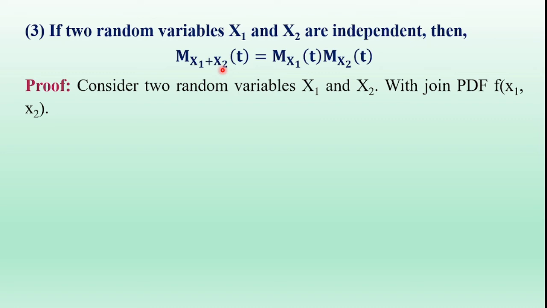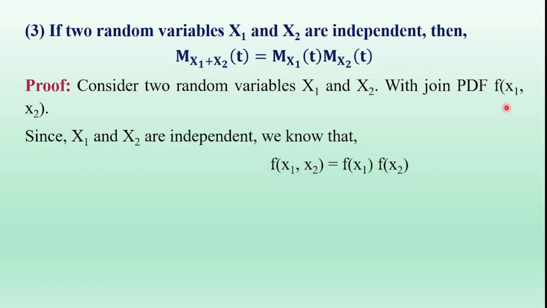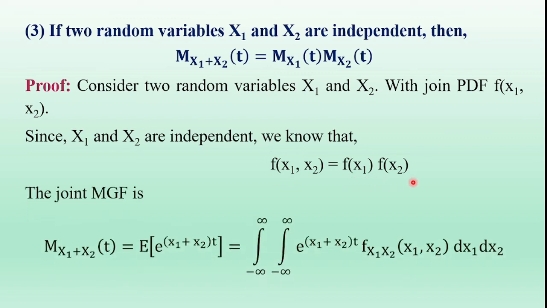with their joint probability density function f_{x1,x2}(x1, x2), simply denoted as f(x1, x2). If x1 and x2 are independent random variables, we know that the joint probability density function is equal to the product of their individual density functions, that is f(x1, x2) is equal to f(x1) into f(x2). So for the continuous case, the joint moment generating function definition is